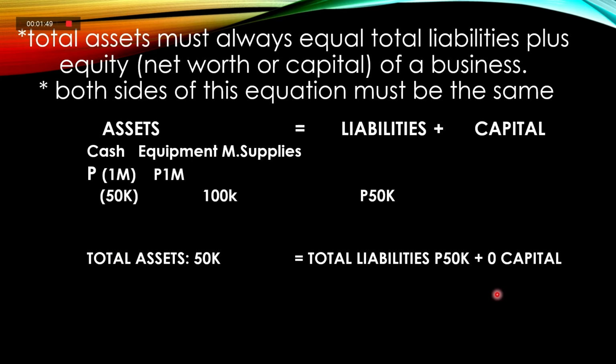On the liabilities portion, we have a total of 50,000 pesos in accounts payable on the purchase of the medical supplies, and we have no increase in the capital because we don't have any investment. So to show the equation assets equal to liabilities plus capital, assets equal liabilities only because there is no capital. So 50,000 assets and 50,000 liabilities. Again, the equation assets equal to liabilities plus capital is emphasized, and the total equality is always balanced.